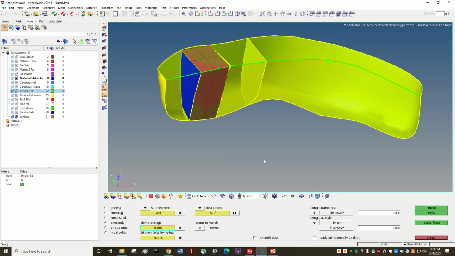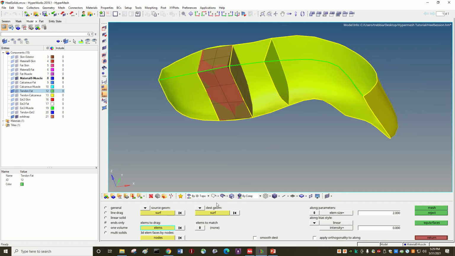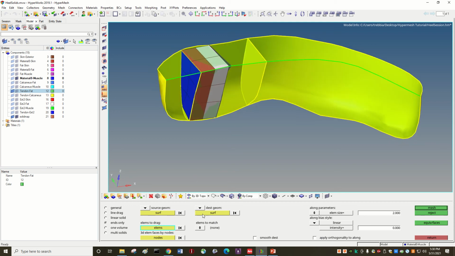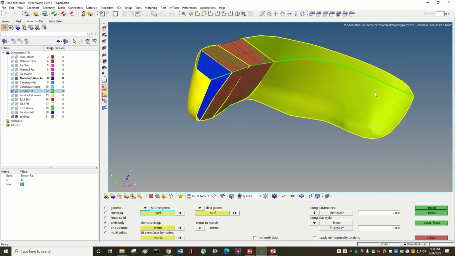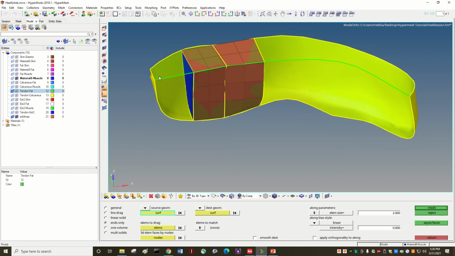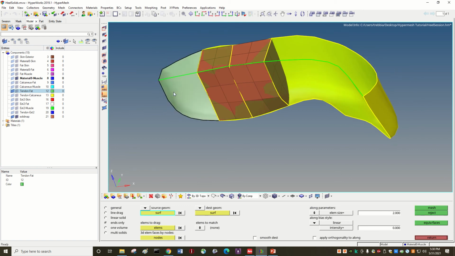So for example, now if we want to go on, we go surface geometry, this one, elements to drag, well, these ones, and destination geometry, this one, and we go on mesh. Okay, so this creates these two blocks, and you can go on until you have performed all of your part. There is always this component here that is not possible to mesh because here we don't have all the nice surfaces. So my suggestion is you can just go here,